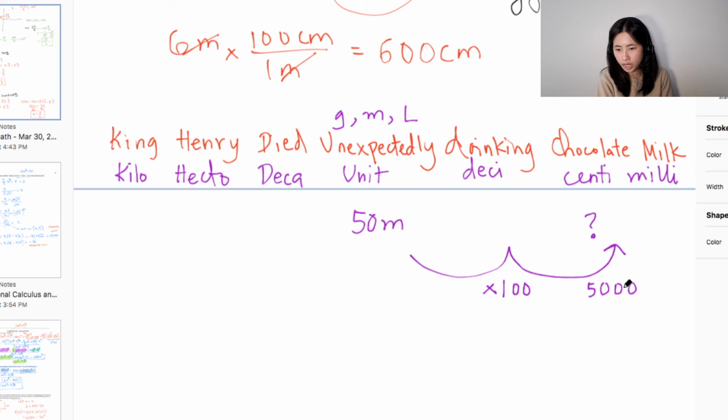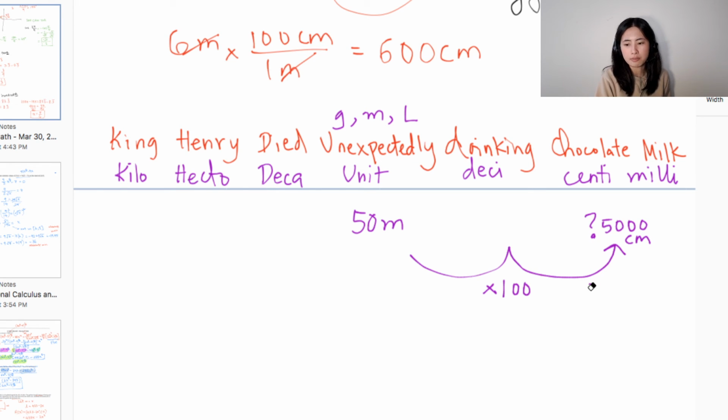Let's see, 1. Yeah, so it should be 5,000 centimeters. Does that make sense? So this is 5,000 centimeters. Okay, so that's how you go from 50 meters to centimeters. Okay, great. So now that you know that, maybe we can try, for example, kilometers, because I think it's a